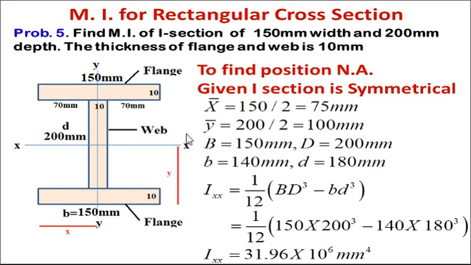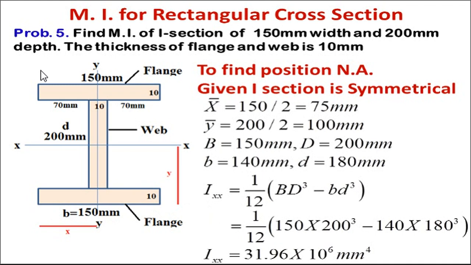If it is symmetrical about x, you will get y bar. So x bar will be equal to 150. X bar means what? This horizontal distance from the y axis. The y axis is at this particular corner. Y is a symmetry axis, and if you want to mark the origin, this origin will be this corner. It means y will pass like this, and x will pass like this.